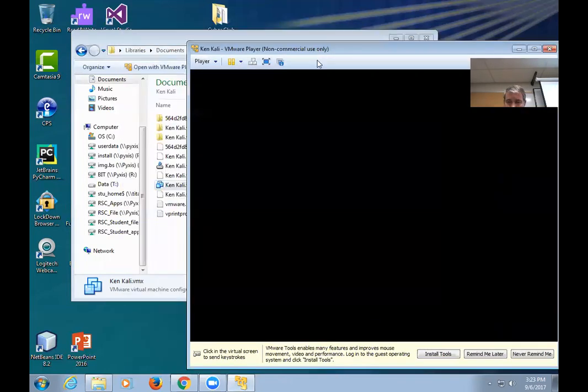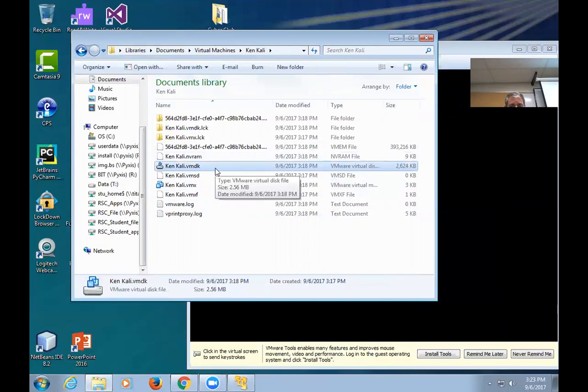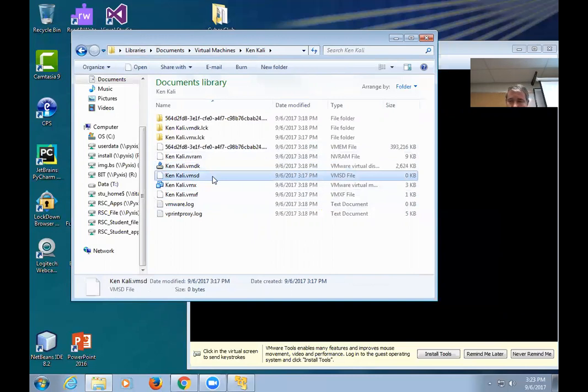Yeah, it takes quite a while to do it. But the other file you want in here is this Vmdk file. Vmdk is actually virtual machine disk. That is the actual hard drive, and it should grow once it's done here. It should be growing now, and I'm surprised it's not. But